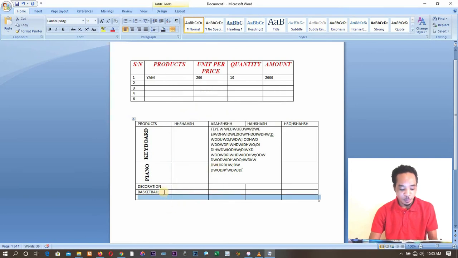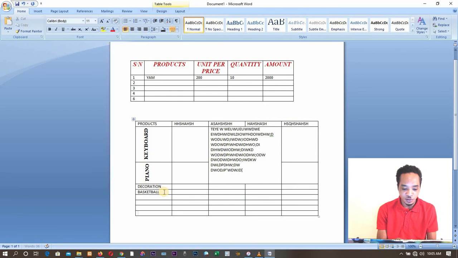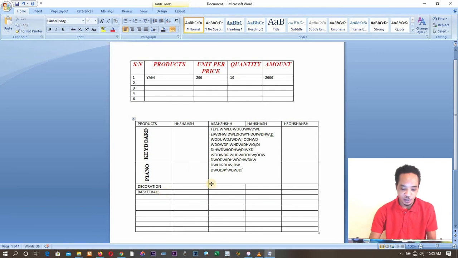Then you can copy by pressing Ctrl C on your keyboard and pressing Ctrl V. So it will add more to your rows. Okay, now if I want to